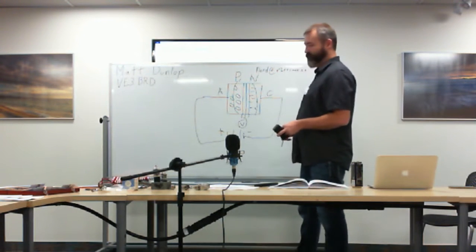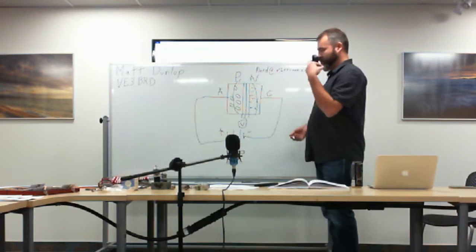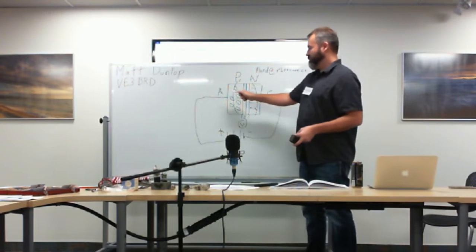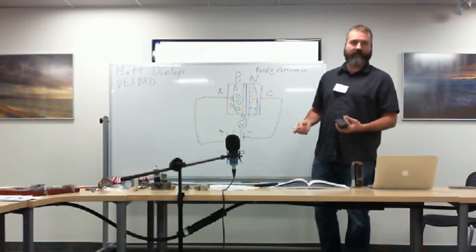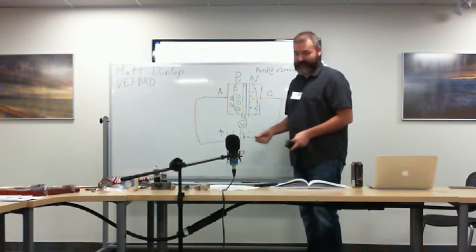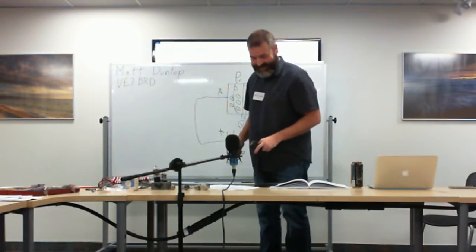The way I remember it myself, I have more of a visual memory, so I think of a diode and a PN junction, and I think AC as in alternating current. That's just the way I remember it. Not sure if it'll help you or not, but hey, works for me.